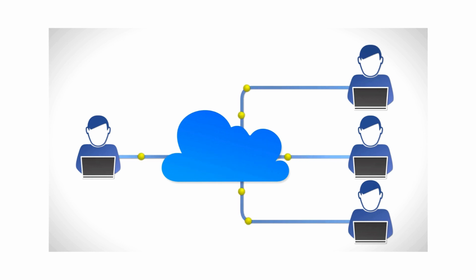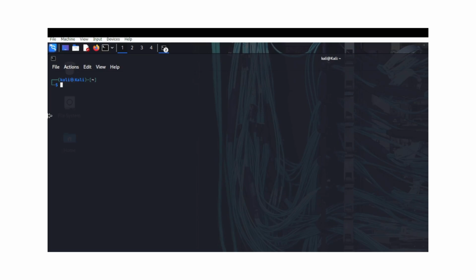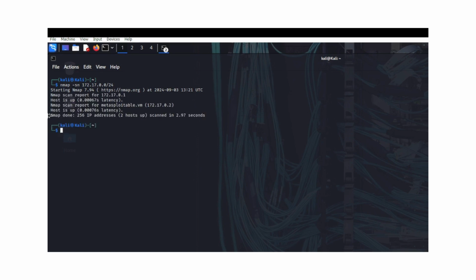So let's say an attacker wants to find what hosts are up on that network. First they would do an nmap command -sn, and then they would put, let's say, the IP address 172.17.0.0/24 to find what machines are up on that network. Now we can see we have two machines that are up: host 172.17.0.1 and